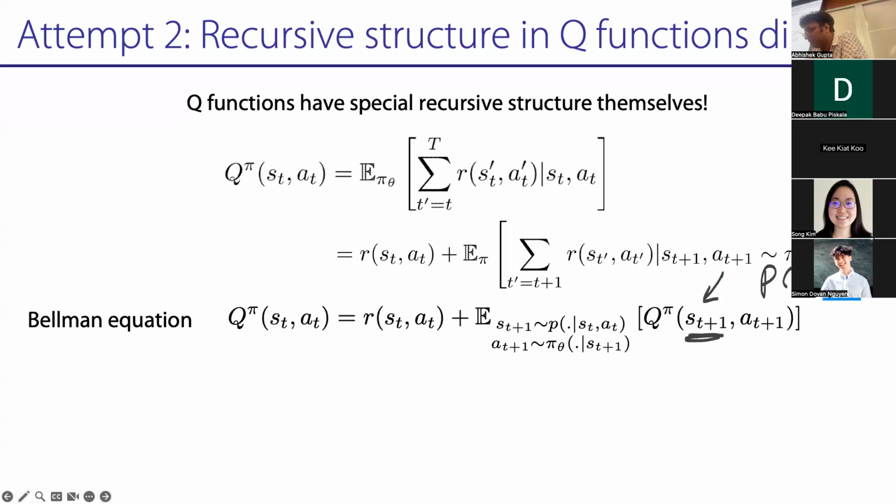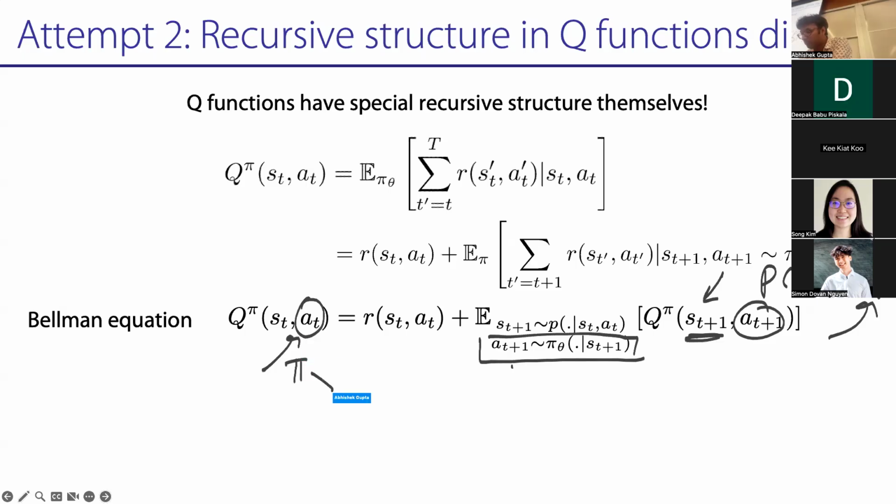But remember, the thing you're feeding into the dynamics is action a_t, and a_t can come from anywhere. a_t doesn't have to come from my policy. So the nice thing here is that this a_t can come from anywhere. But the a_{t+1} on the right-hand side has to come from my policy. I'm trying to evaluate some policy pi, I'm trying to get a Q function for some policy pi. The action on the left-hand side doesn't have to come from pi. It can come from anything. The action on the right-hand side has to come from pi.